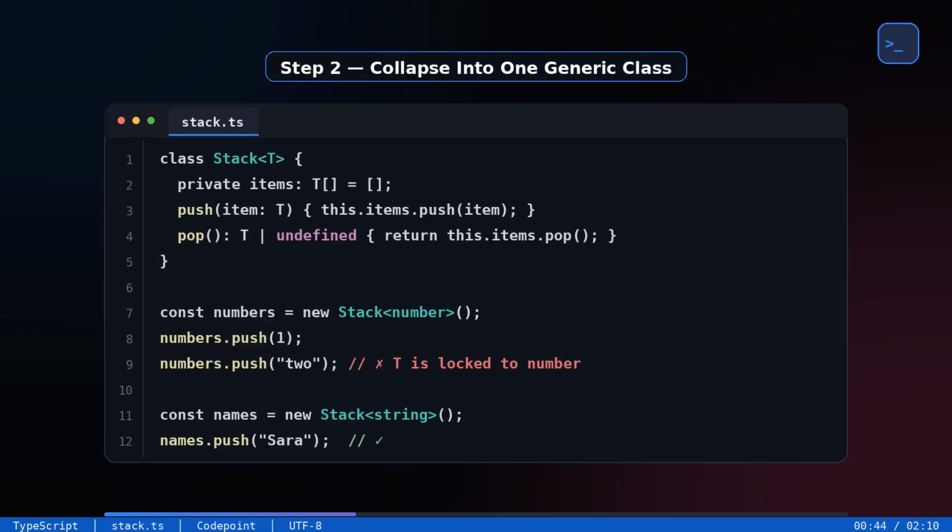class Stack<T> { private items: T[]; push(item: T) { this.items.push(item); } pop(): T | undefined { return this.items.pop(); } }